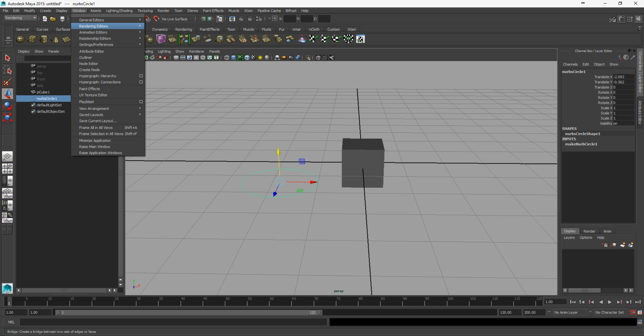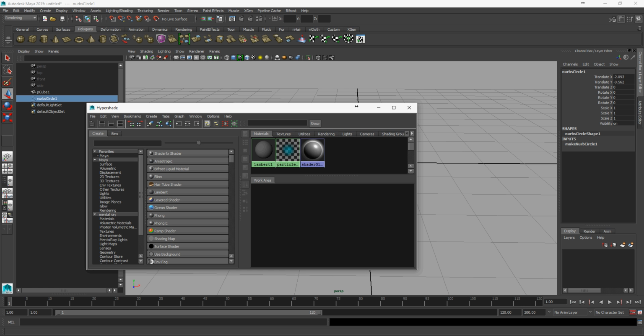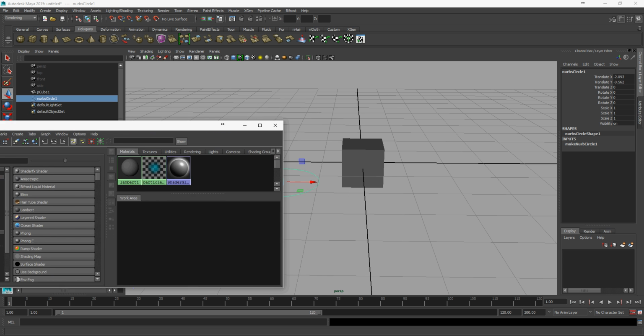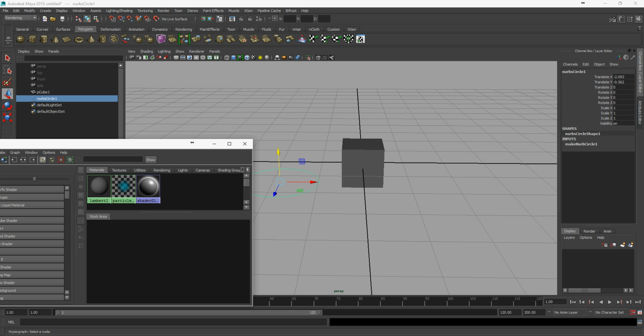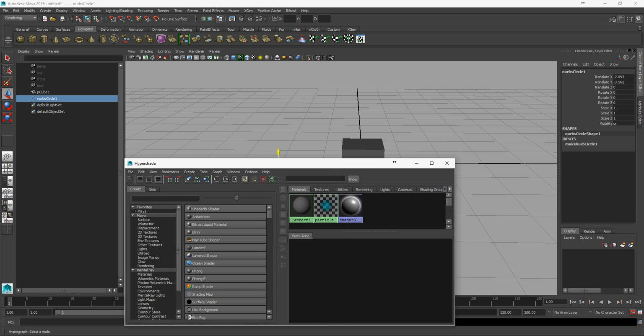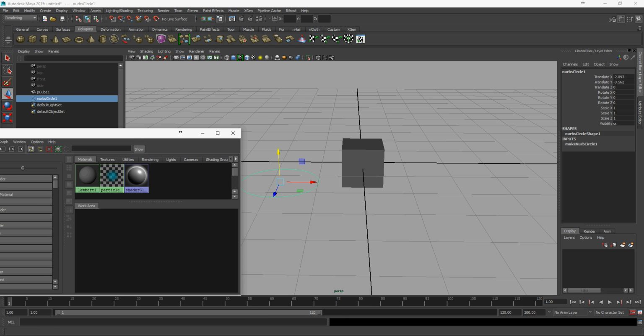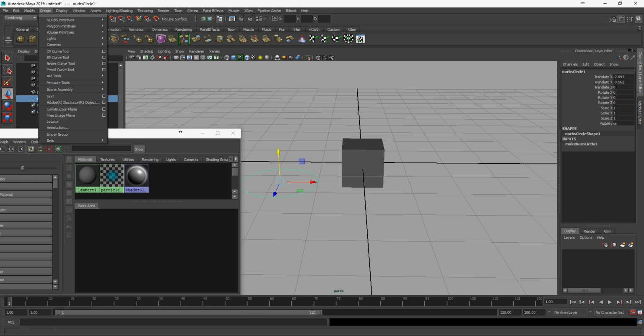Let me introduce you to the Hypershade, which is Windows, Rendering Editor, and Hypershade. So Hypershade has a lot to do with shaders and connections to shaders, but it actually also can show relationship between geometry, constraints, controllers, attributes, and such. Most of the time I work with Hypershade, although in Maya 2014, 2015 and above,